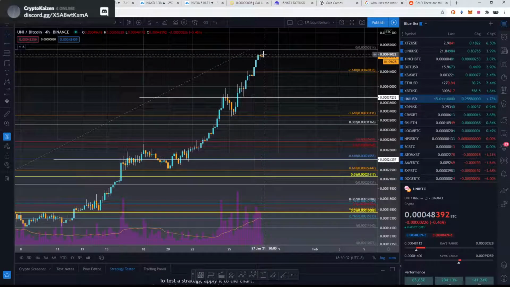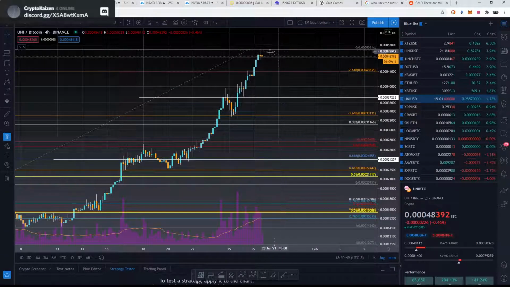So definitely I would not enter here right now on Uni. I would wait for a little pullback. We hit the 1, plus we had that weekly resistance. We're playing around in there. If we do reclaim it, if we go over and reclaim the 50,000 sat mark, then you can look at